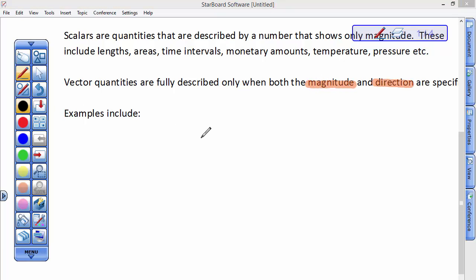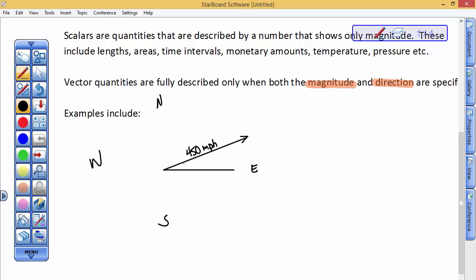So for example, let's say that a plane is flying at 450 miles per hour. And I'm going to draw a vector representing this. 450 miles per hour. That's not enough information. You have to tell me if it's flying in an easterly direction, a northeasterly direction. Let's say this is east, here's north, south, west. You need to tell me the angle it's flying at. So maybe this is a 25-degree angle. So you might say the plane is flying 450 miles per hour at an angle of 25 degrees north of